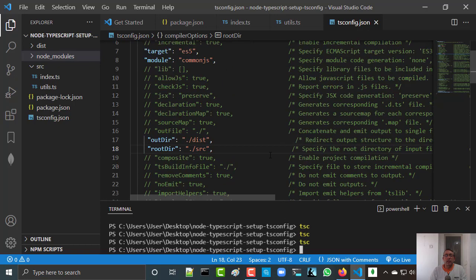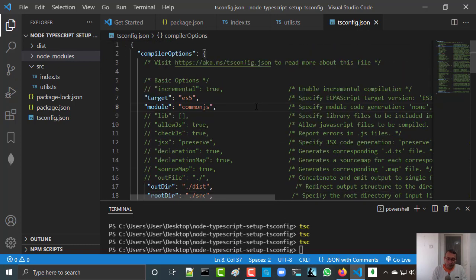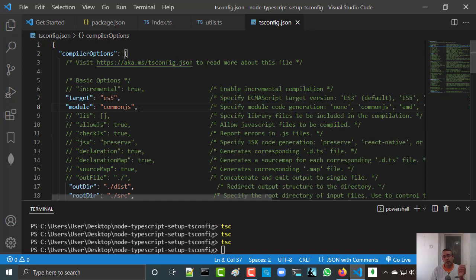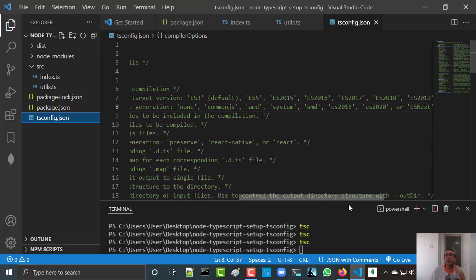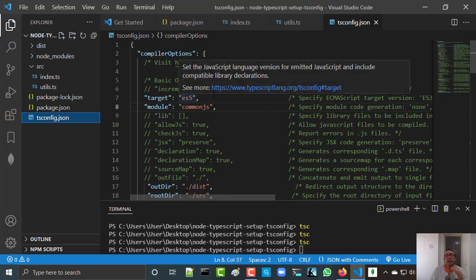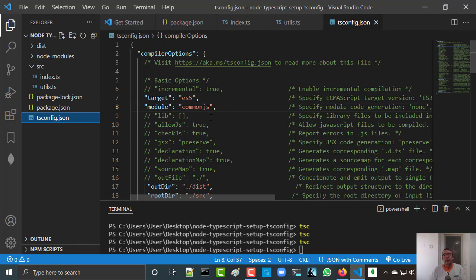One more thing that I want to change is the target here. It's ES5. So what does it mean? You know that JavaScript has a lot of versions, ES5, ES6, ES7, and sometimes they are called according to the years. So you can see it here. You have ES5, and ES6 is ES2015 and so on. And what you see here is that it is configured by default to ES5, meaning that it's taking the TypeScript file and converting it to a JavaScript file whose